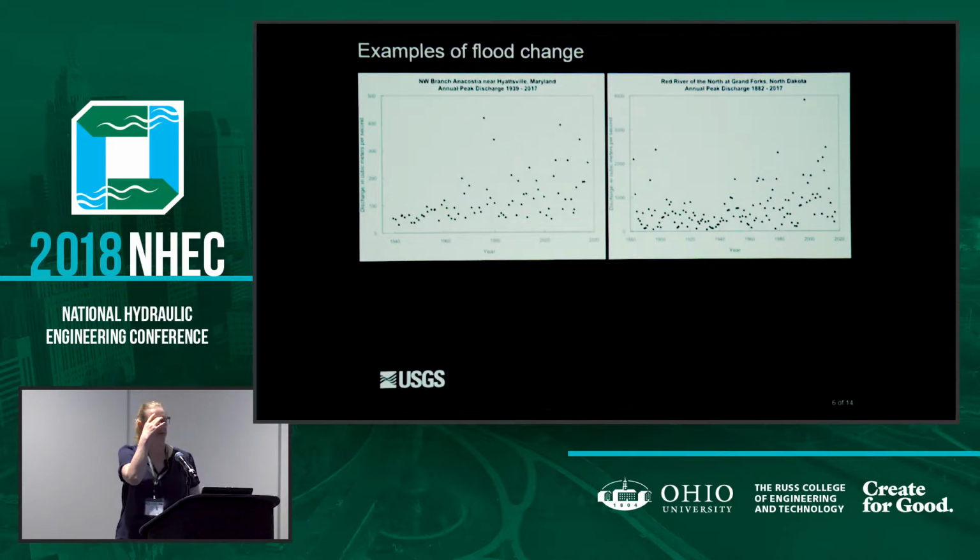And here are just two very simple examples of different flood mechanisms causing these large changes in peaks. On the left, we see a site in Maryland. These are annual peak flows over a long period of time, from 1940 to 2009. And on the right-hand side, we see a site in North Dakota. And while it looks like there are dramatic increases going on in both cases, the mechanisms causing these changes are very